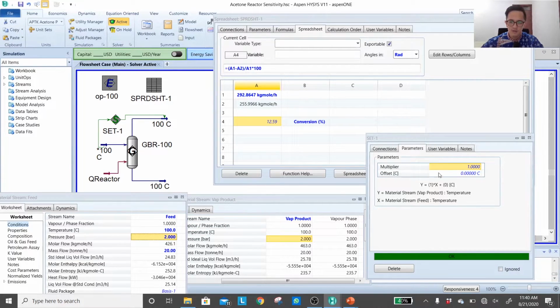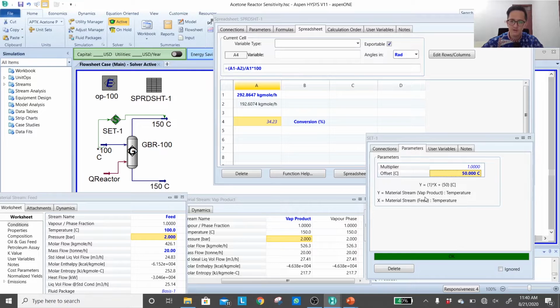Before I go to that, you can play around with the offset. So let's say now you don't want to operate at isothermal, so you can play around with the offset. If it's, say, 50 degrees C, the offset means the plus part.